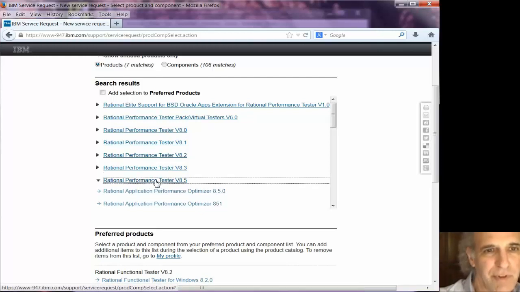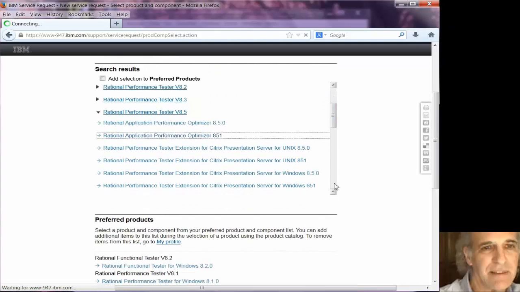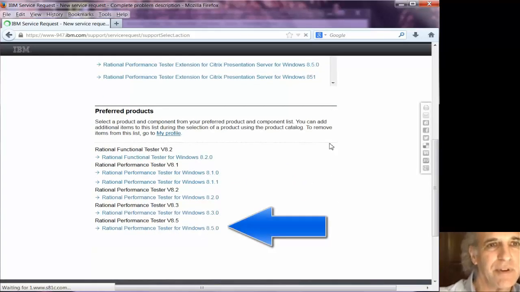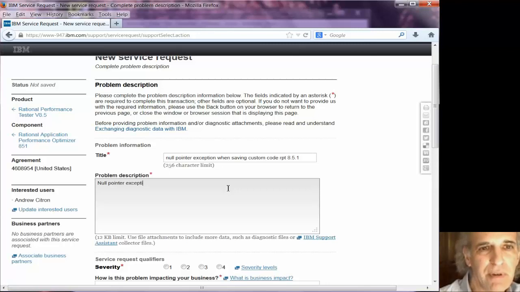These are not Rational Performance Tester 851. So I already have Rational Performance Tester 85 in my list. I just click on the link. It takes me to the new service request. You give it a title that will help you identify what the problem is, and then you give as good a problem description as you can. You describe how you hit the problem. And in this particular case, I happen to have a video of it, which is handy,